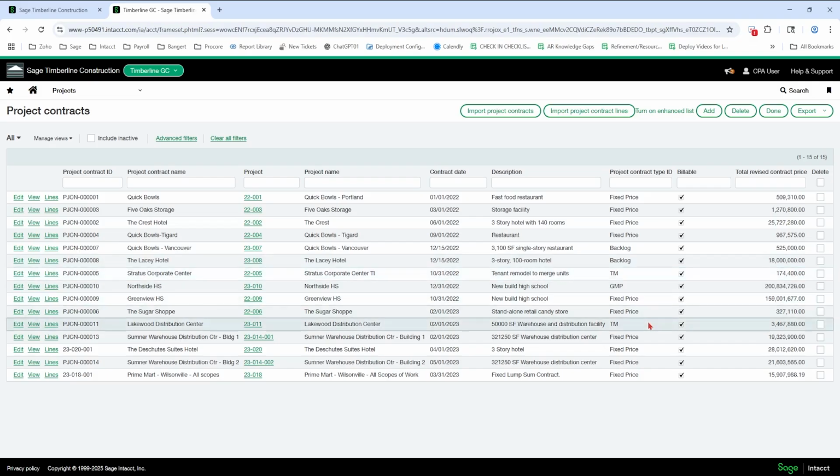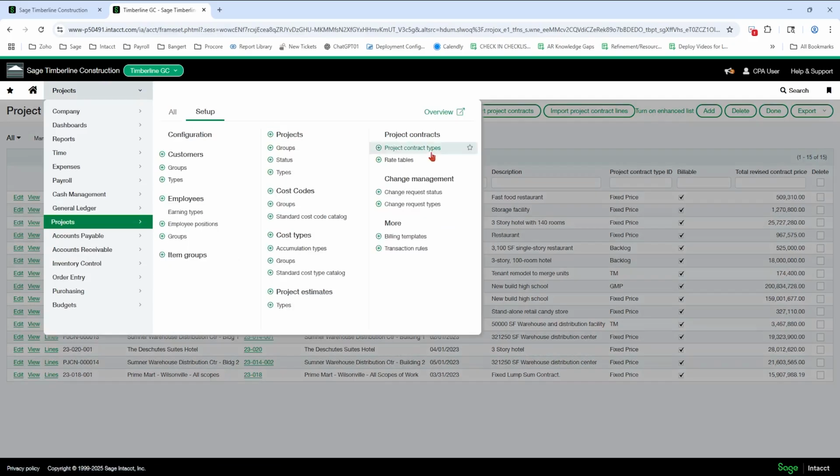So you might want to name your project contract types something like lump sum AIA or T&M with a GMP or lump sum on a type of invoice form. Okay, if you have a single page invoice form or a quick bill, there's lots of different types of terms out there. But those are some examples of project contract types that some people are using. Mainly it's used for this list. So whoever's going to do the billing on these, they can easily see what kind of billing it's going to be or what kind of form it's going to go on.